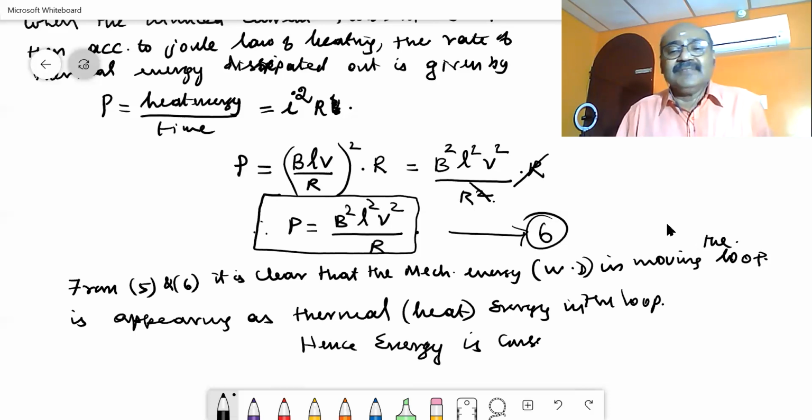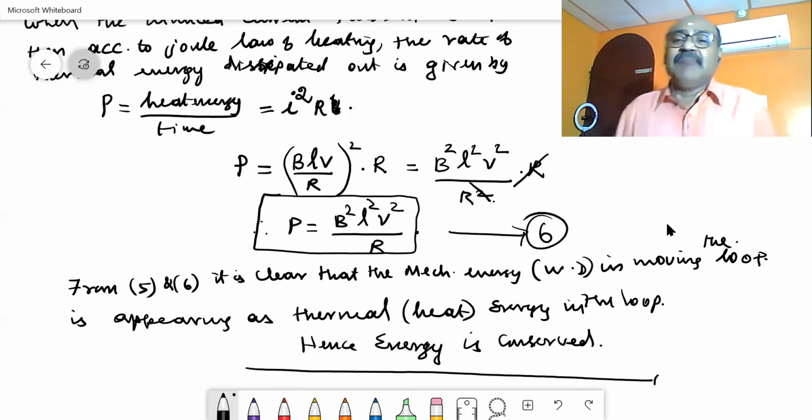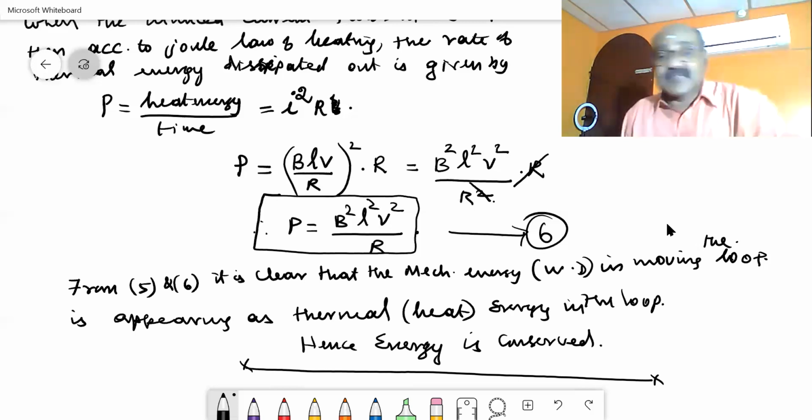This is a long question which can be asked for a 5-mark question. Both motional EMF and the law of conservation of energy combined together may be asked for a 5-mark question. While studying this, take your notebook and work it out along with me. It will be easier for you to understand as well as to study.